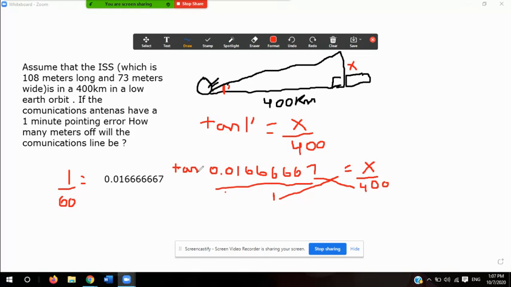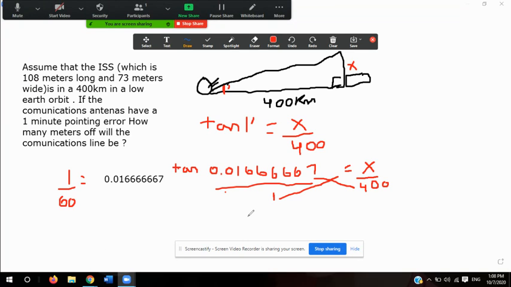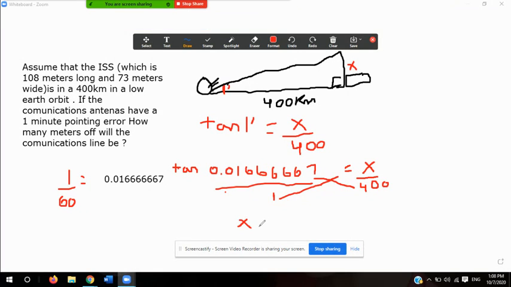0.016666. Okay, so again, the first thing I did was I converted the 1 minute into decimal degrees, and I divided that 1 by 60, which is what I've got right here. And now I need to find the tangent of that number and multiply it by 400. So I take x times 1 is x, which is pretty safe to say. And then what you guys are going to do is just find the tangent and multiply that tangent by 400